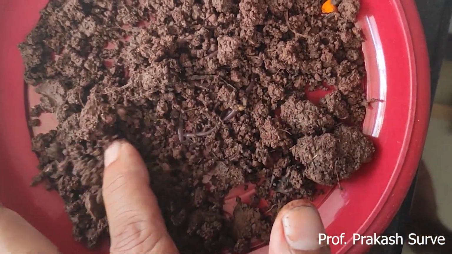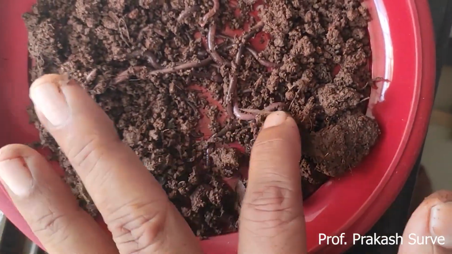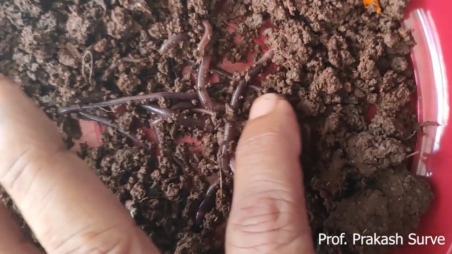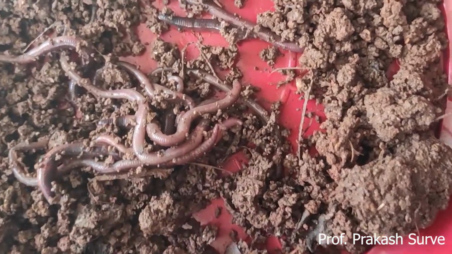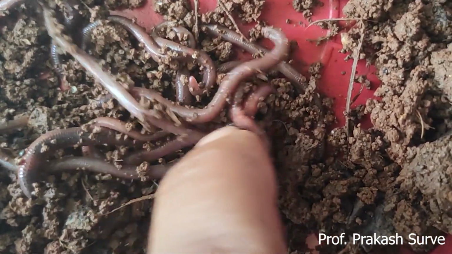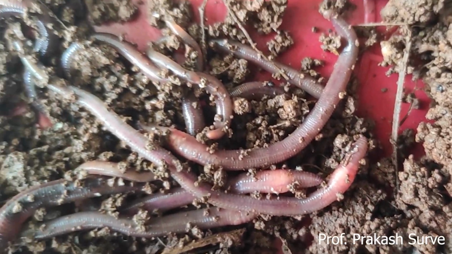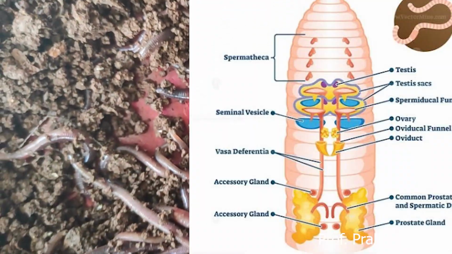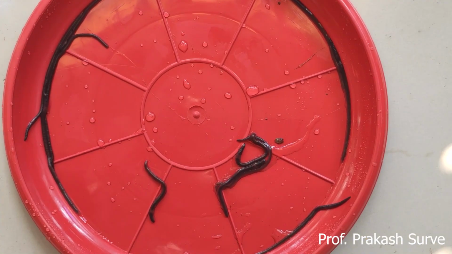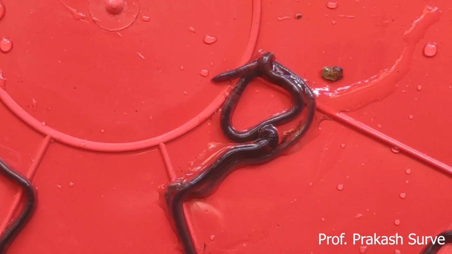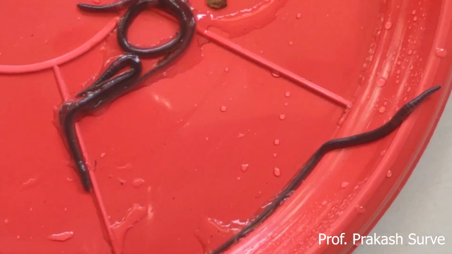Now here, a number of earthworms I have removed. We can watch many earthworms here. All these earthworms I will wash now, and after washing you will get a clearer idea about this. So many earthworms. They are hermaphrodite, as I just said, both the sexes are present. Now all these earthworms are washed and taken in one plate. The whole body is moist.